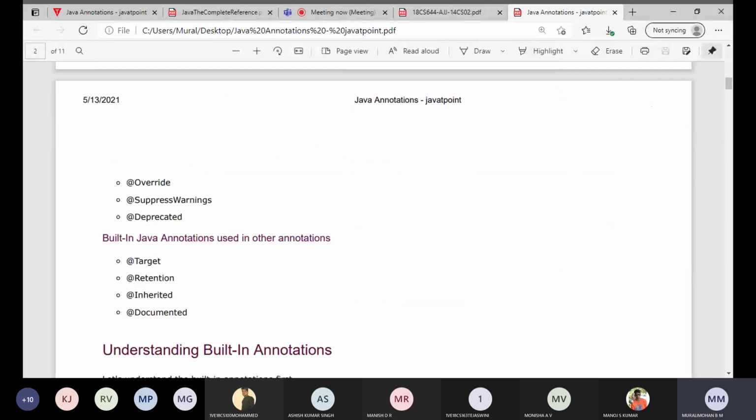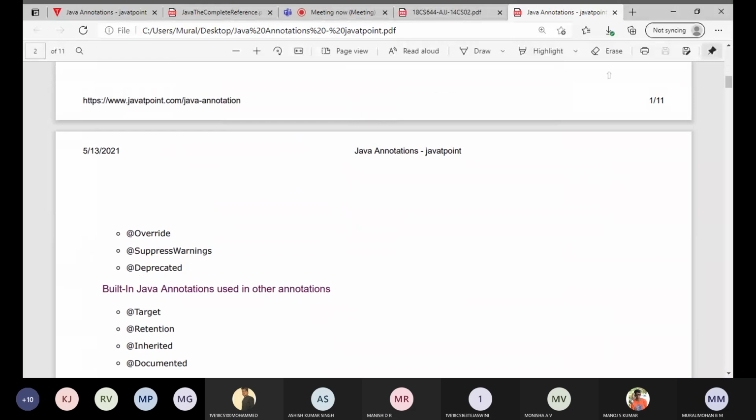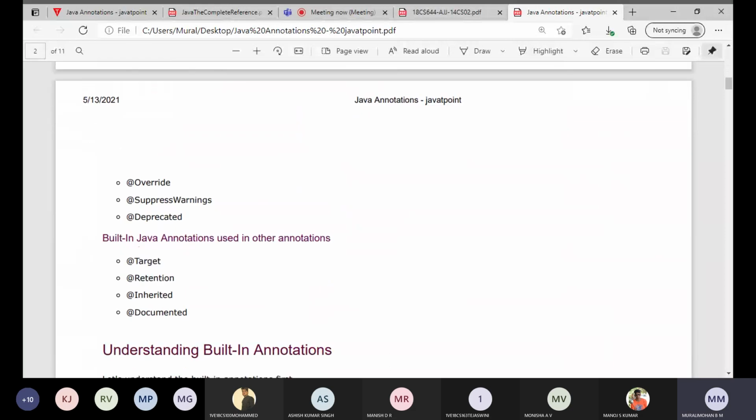Okay, these are the built-in annotations we have: @Override, @SuppressWarnings, @Deprecated.